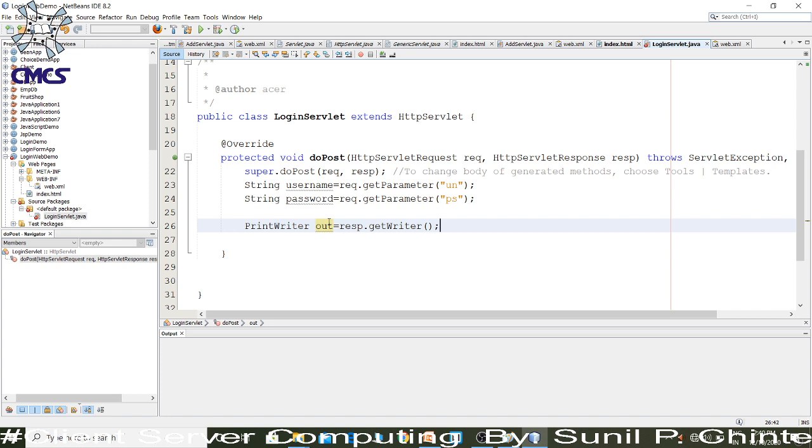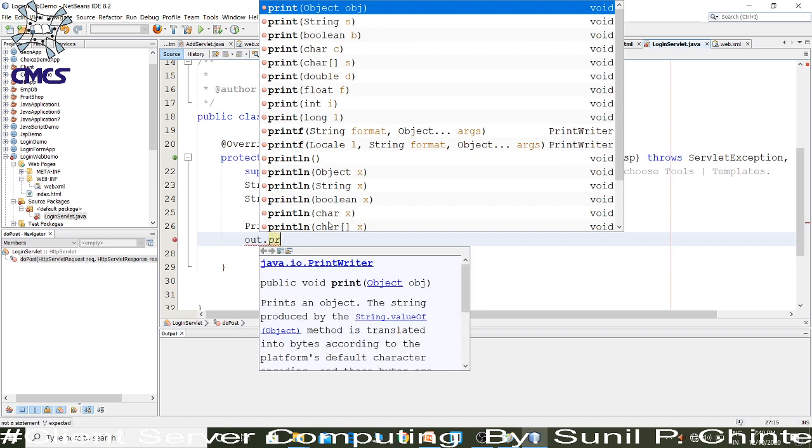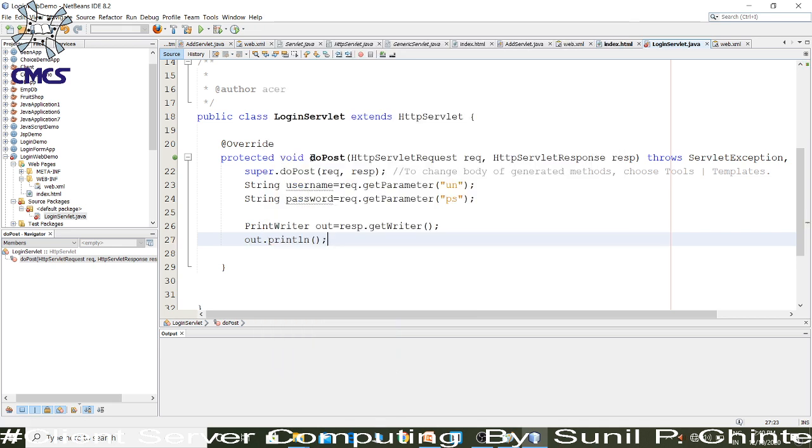Now we have to use this object to write the content on the web page, that is out.print, or we can use the println method also, just like name.